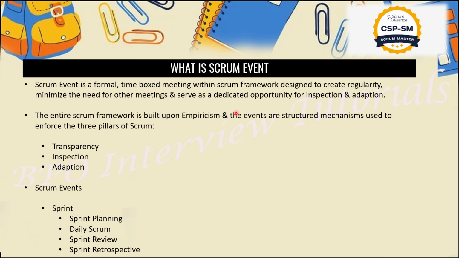There will be a daily meeting held with all the responsible people. Who are our responsible people? Three, right? We discussed: developer, Scrum Master, and product owner. There will be a daily meeting. They will understand how much progress is done, how much is pending. All these activities will be done in the Scrum event, right? So let's start the Scrum events in detail, wherein we do this so that we can have transparency, proper inspection, and we can also adapt the changes whenever we require, due to which we basically follow the Scrum events.